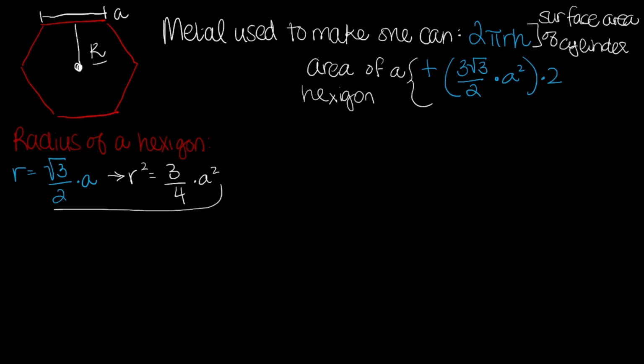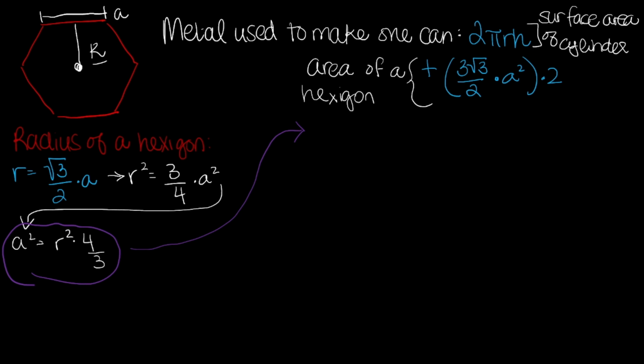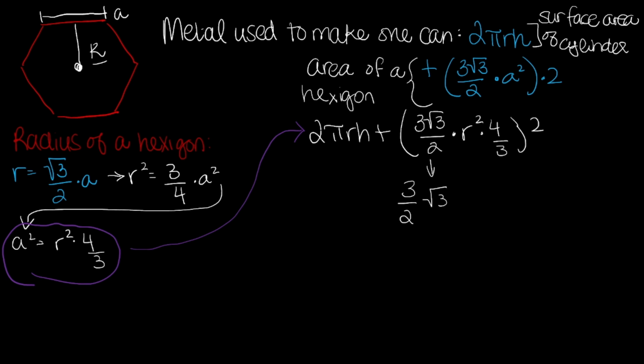By removing the 3 over 4 from both sides, we have our finalized equation, a squared equals r squared times 4 over 3. Now that we have a value for a squared, we can plug it back into the full equation. The updated equation for the amount of metal needed to make one can is now 2 pi rh plus 3 square root of 3 over 2 times r squared times 4 over 3. By canceling out the 3's in 3 square root of 3 and 4 over 3, as well as the 2's in 3 over 2 and 4 over 3, we are left with this simplified equation, 2 square root of 3